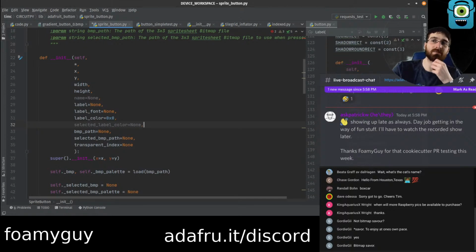They're two different names for the same concept. But a bigger part of me thinks that this should have always been called selected label color, honestly, because it is the color, right? So I'm going to do it this way.